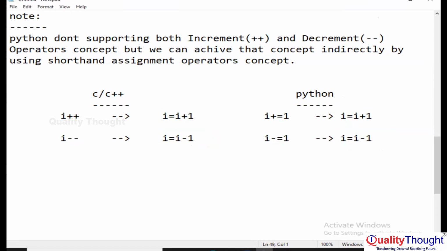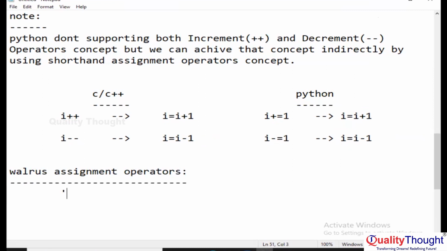Next one, walrus assignment operators. Colon equal to is a walrus assignment operator. Without colon equal to, that is a normal assignment operator. Colon equal to is a walrus assignment operator,